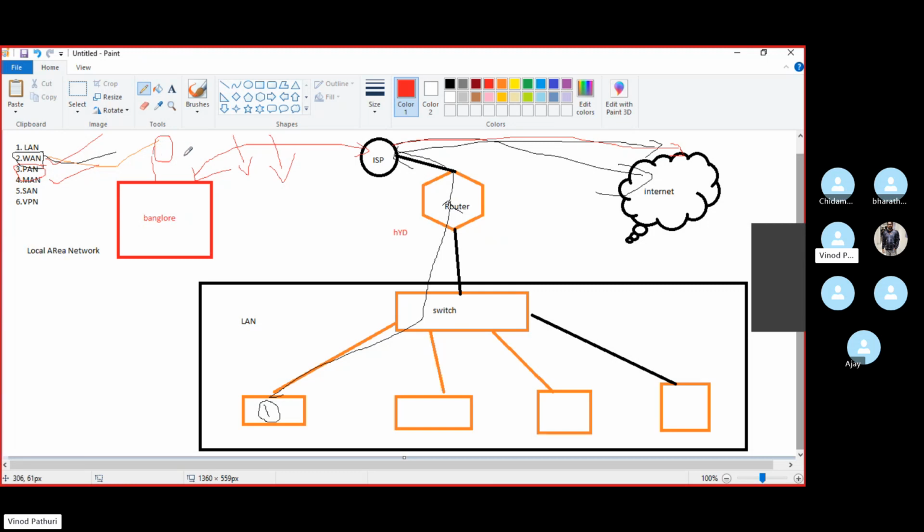Okay. So we will request them, like we need a specified network for us. So what they will do, like, there definitely should be connectivity between Airtel in Hyderabad to Airtel in Bangalore. So they will assign a space. We will call it a P2P link or MPLS link, so that we can establish a connection between these two branches.